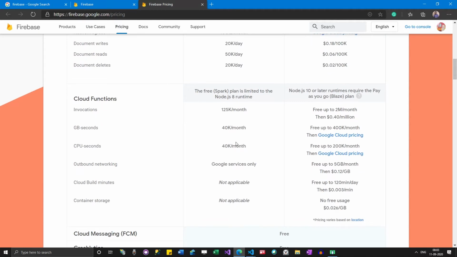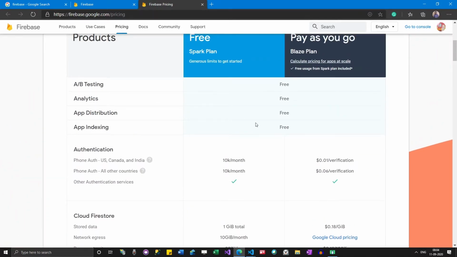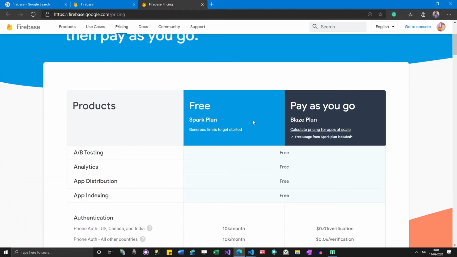But as per this table, even after you roll out to production, and your app has like 100 users or 200 users, still it will be free. Because it has to reach these caps, then only they'll start charging you money. And the good thing is you don't have to provide your credit card details.